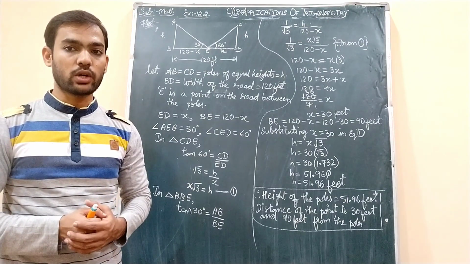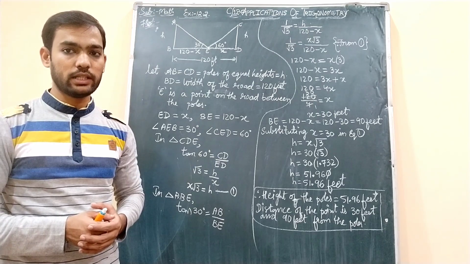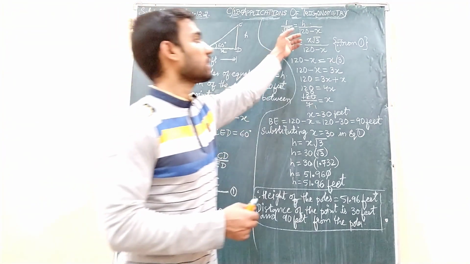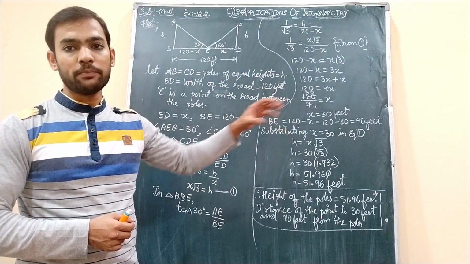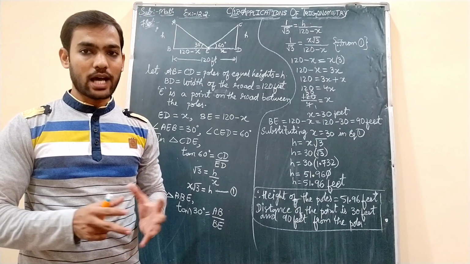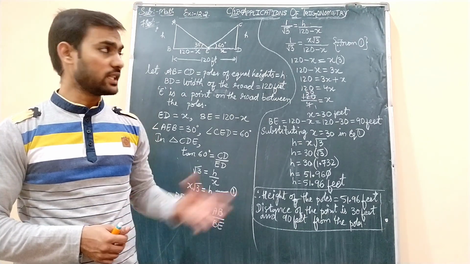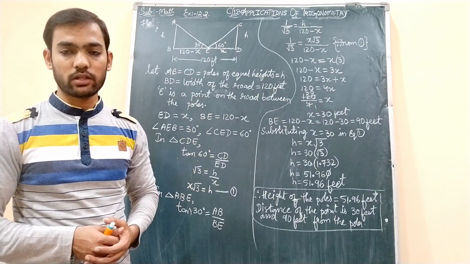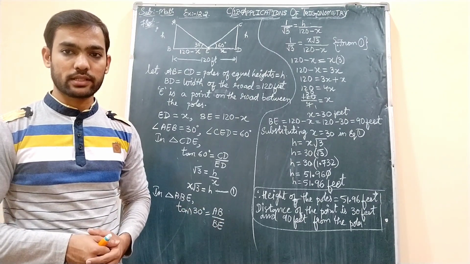And one more thing I wanted to say here: this is similar to question number 1 that we did in this exercise. Therein I explained by taking this as the first equation and this as the second equation. In that way or in this way, in any way you can do it, the answer will not change. Wherever you find it easier, I think this is the easier one. If you find that one easier, you can go that way also. So note down this one, then we will go to the next question of this exercise.